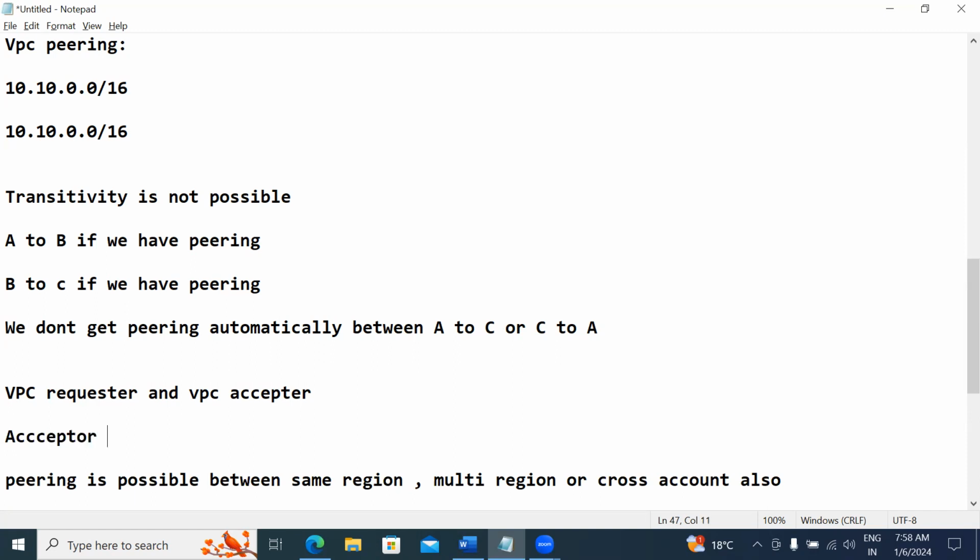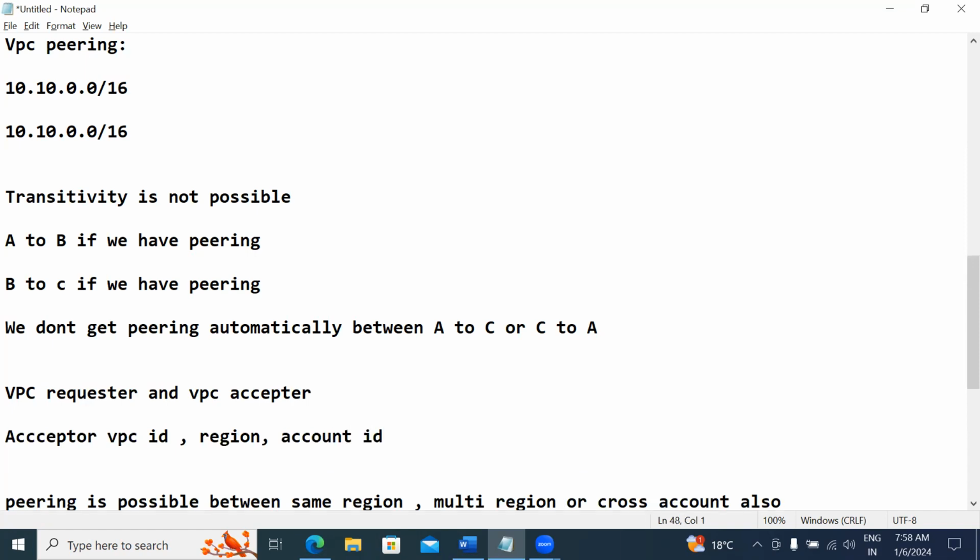So for the acceptor VPC, we want the VPC ID, and in which region it is, and if it is in another account, then that account ID also. That means we need to know which region that VPC is in, and whether it is in the same account or another account. And the third thing required is that VPC ID. Okay, so once we send the request,